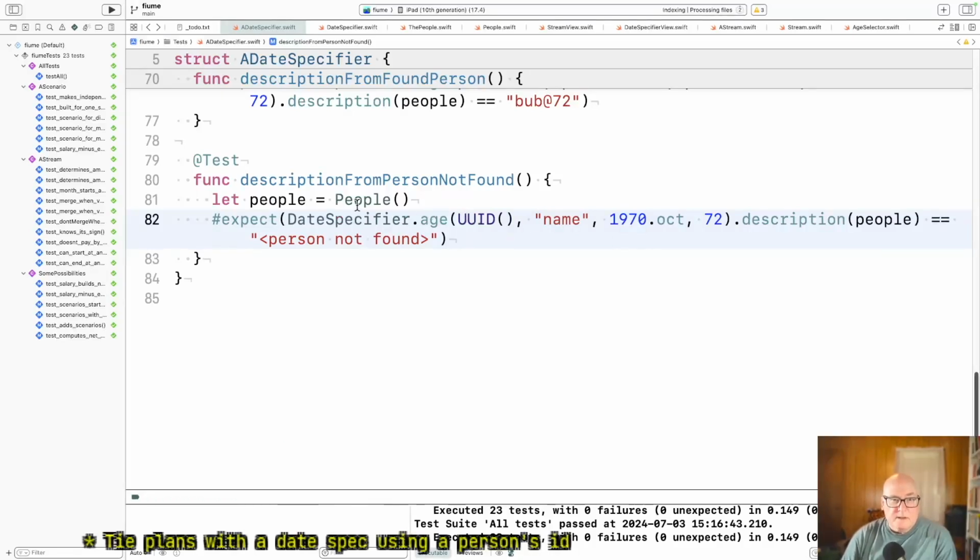Right. So we've got an empty list of people. We look up an ID that isn't in there. These two are going to go away anyway, so who cares? But looking up the description given people, it says person not found. This should fail quite easily.